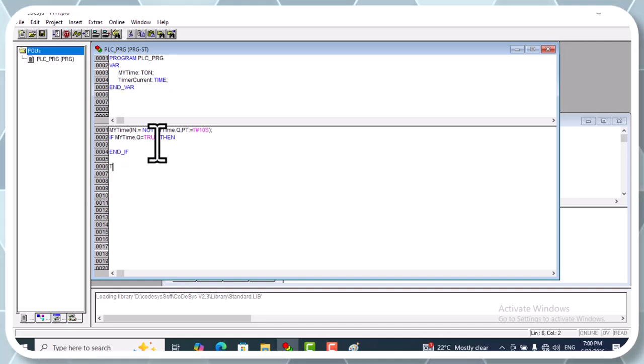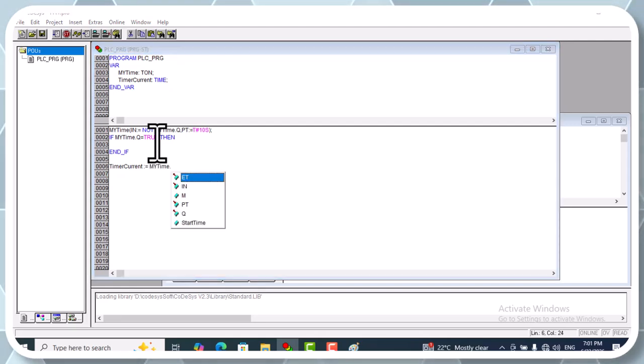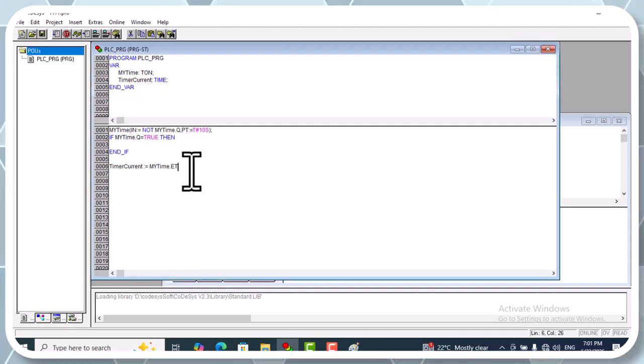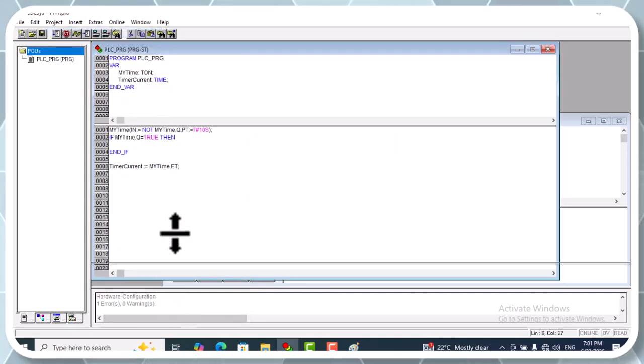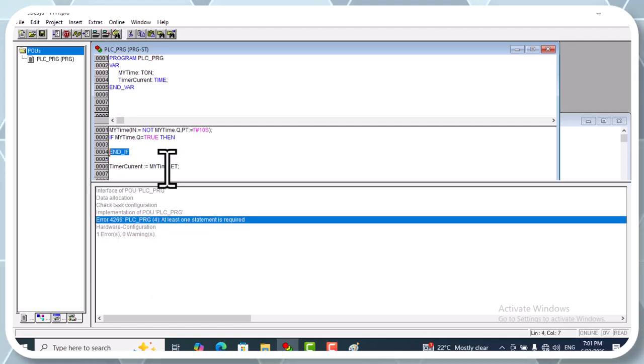And here we use the timer count, timer current is equal to my time dot ET. And let's compile our project. Build, we have one error here. Statement, at least one statement is required. Okay, let's